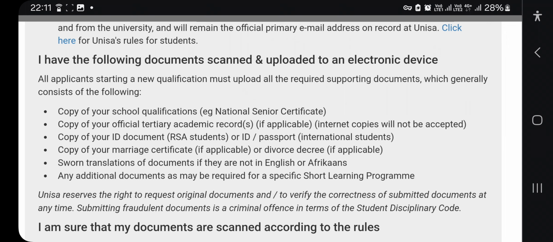So you have to check the requirements. Now you have to scan your national senior certificate. Then you scan your ID copy, and then obviously you have to stamp, certify your senior certificate, certify your ID copy, and then your academic records in case they are requested, which means now if you were studying in tertiary, let's say you were studying